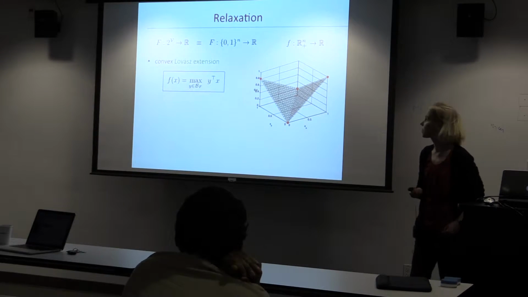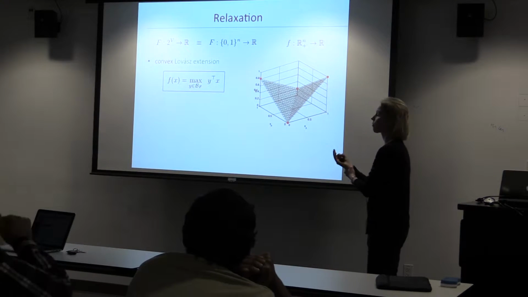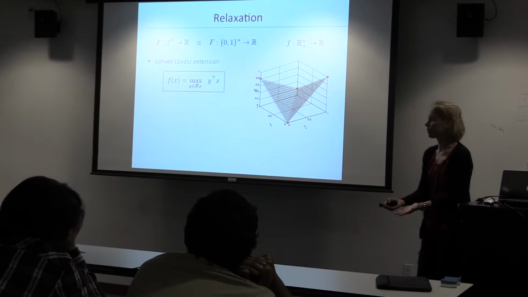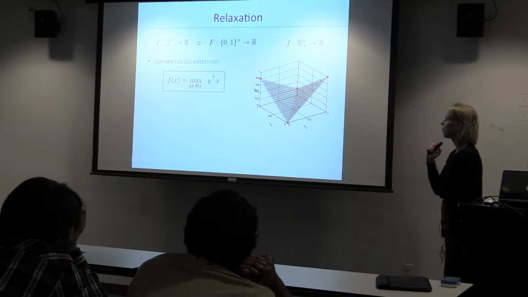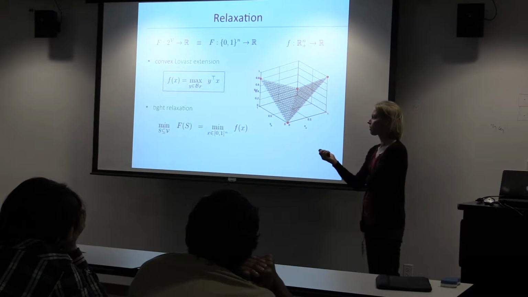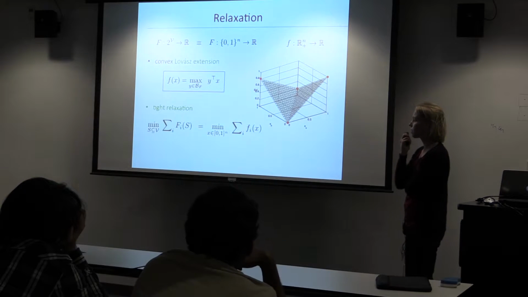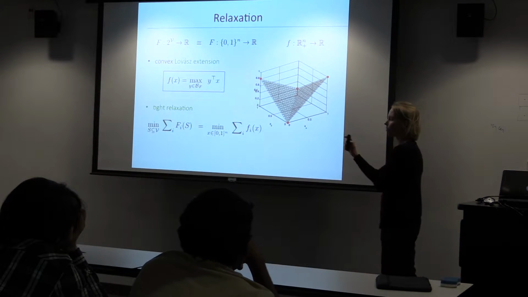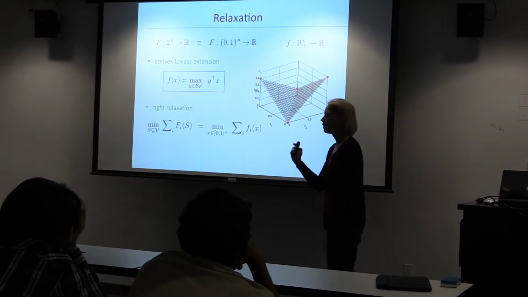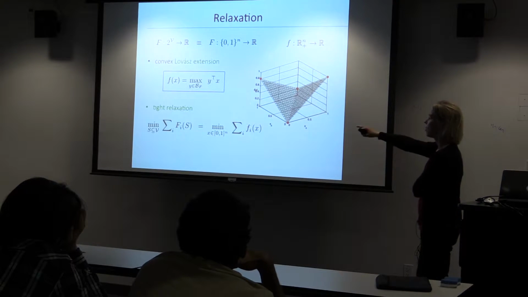So we can do the same spiel that we did before. So we have our discrete set function, and now we relax the problem. So we use this Lovász extension. We just saw the Lovász extension is useful. So now we could just use the Lovász extension of a sum of functions. And we know this is exact. So the Lovász extension of the sum of functions is the sum of the Lovász extensions. That's easy. I can compute that, and now what I have is a minimization of a sum of